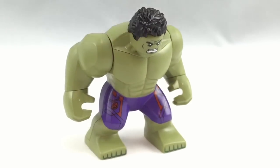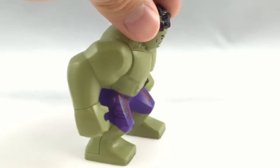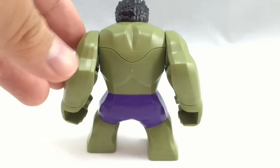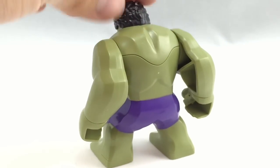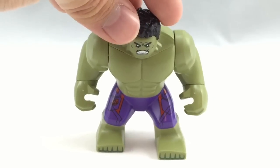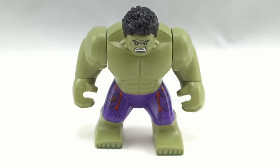Such a great looking Big Fig there. This is the new molding for 2015, different from the one that they've been using for 2012. And he does come in another set in this wave, which is the Hydra Fortress Smash or something like that. And that's a more expensive set, so this is the cheapest way to get Hulk, and it's actually impressive because